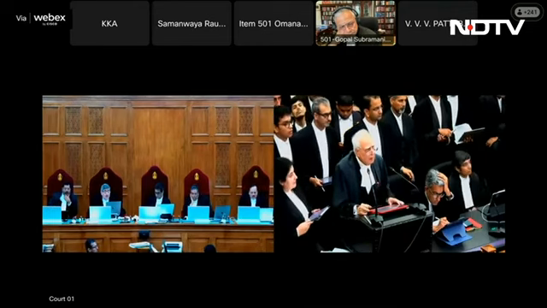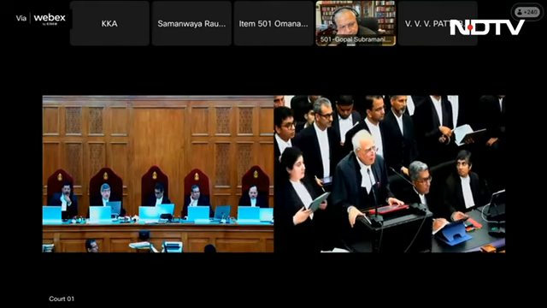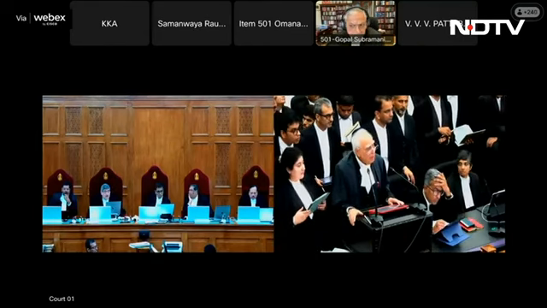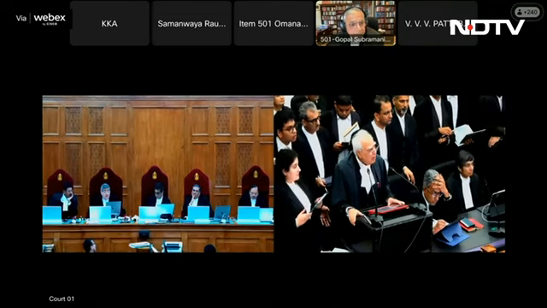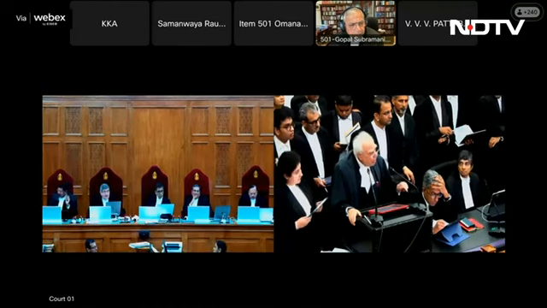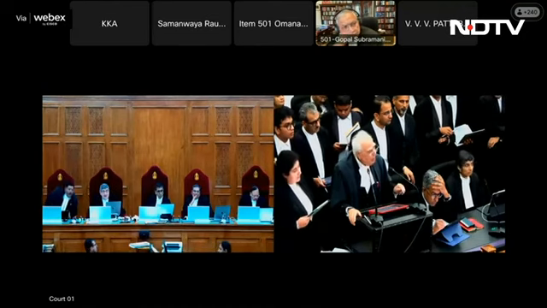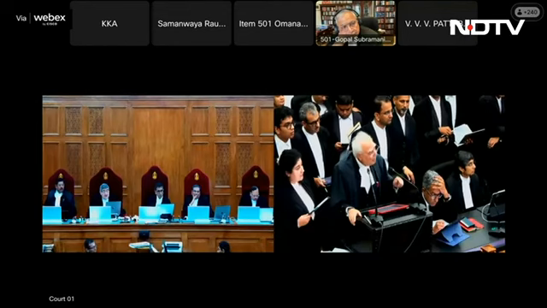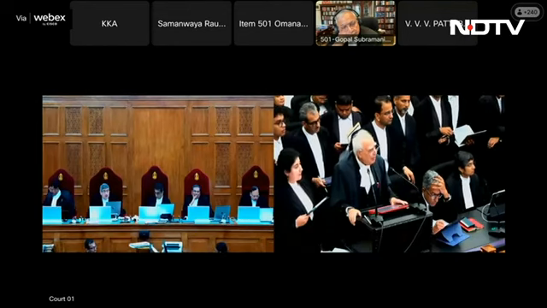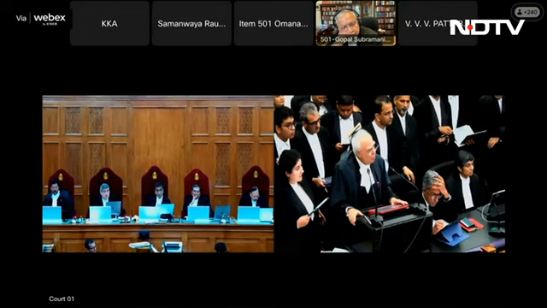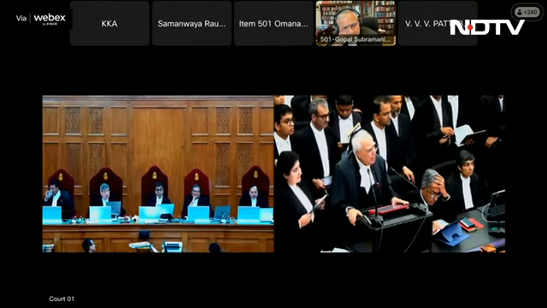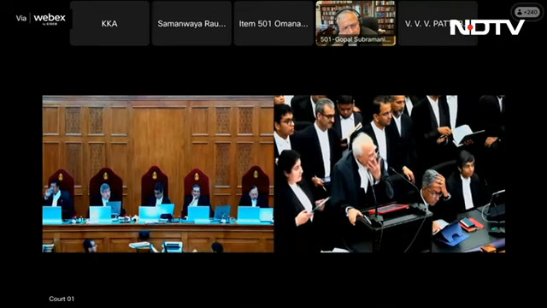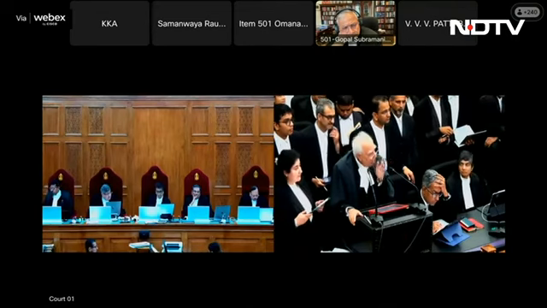They have created a UT. Otherwise, they have not altered the territory, have they? No, they haven't. Ladakh is not part of the state anymore. They carved out a UT, saying that this will become a state, and the other UT will remain a UT. So carving out a UT is permissible, no? But boundaries are altered. You can't create a UT out of a state. Boundaries are altered, to that extent, yes.